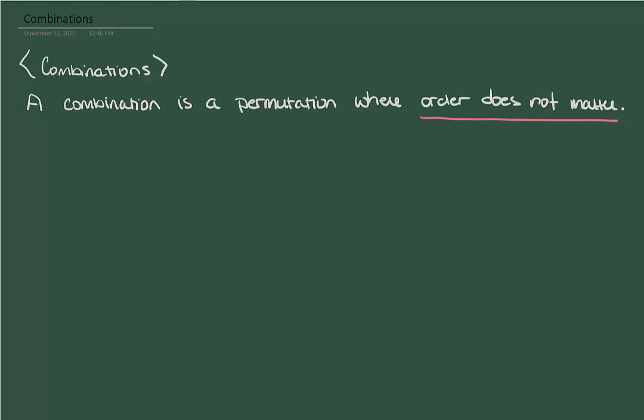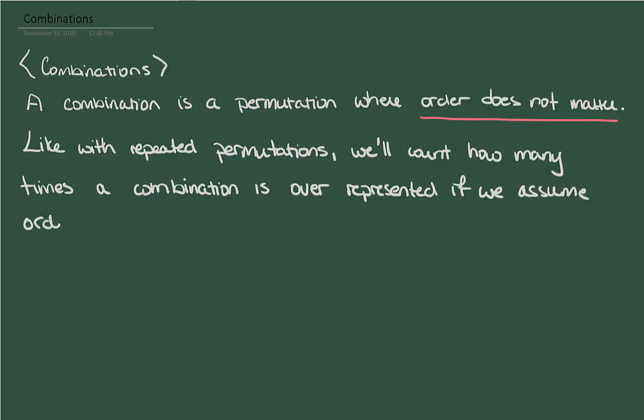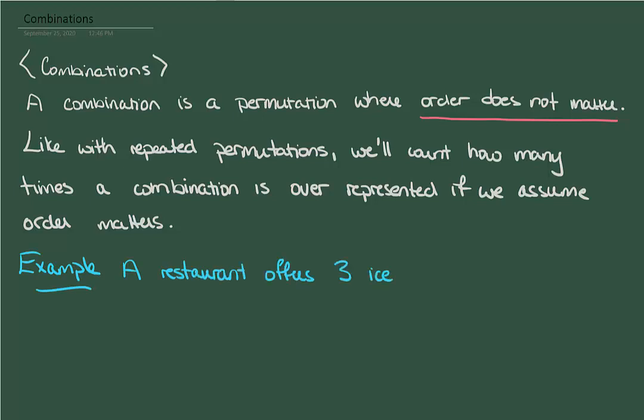Combinations are just permutations, but now we're going to say that we don't care about the order of the objects. When we talked about repeated permutations, we pretended as though we could distinguish objects, and then we determined how many times we overcounted each permutation. Our goal here is to do the same thing with combinations. We're going to pretend that order matters, and then we're going to determine how many times we overcounted because of this. So the answer is actually exactly the same as repeated permutations, but let's do an example to see that